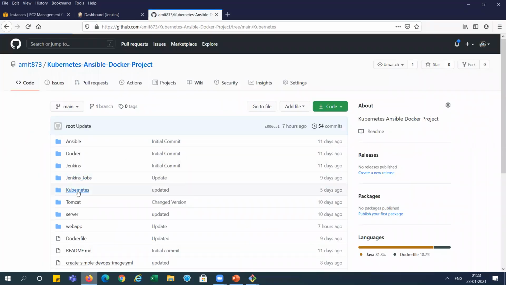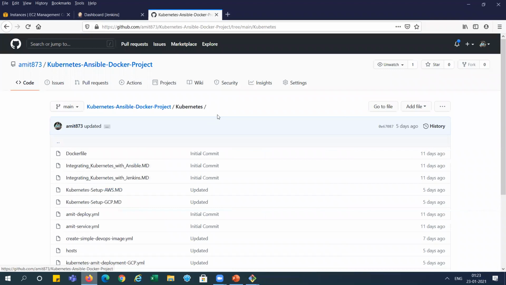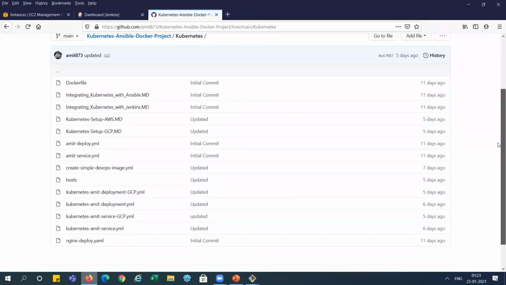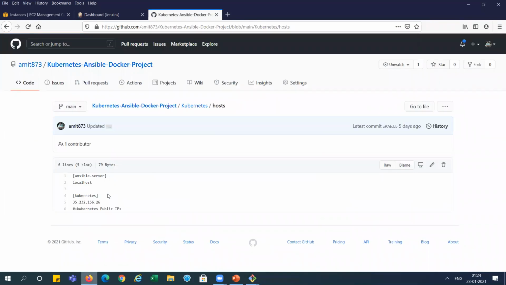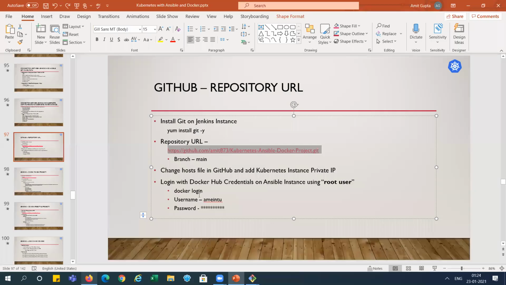I'm going to the Kubernetes folder, because all those files I have pasted here, right? And you can see this is a host file here. Here we need to add the Kubernetes public IP, not the private IP, because both are in different VPCs, so we need to use the public IP, right?